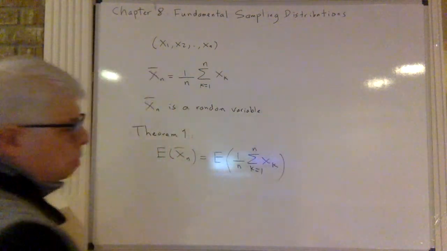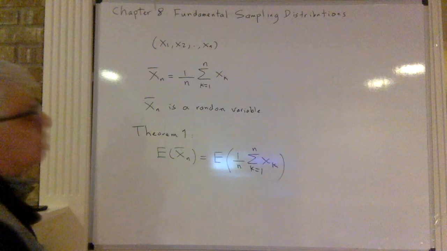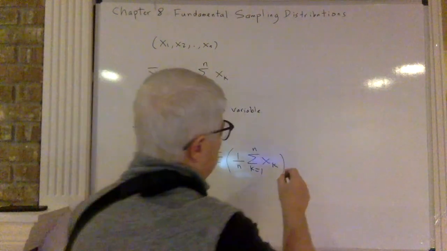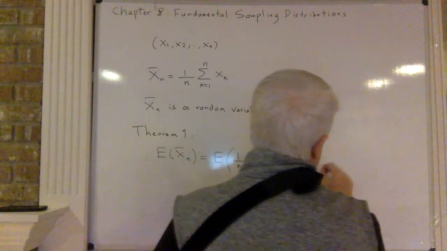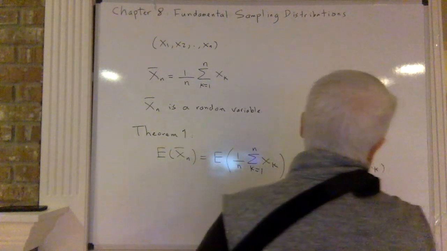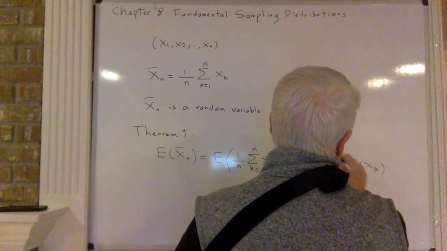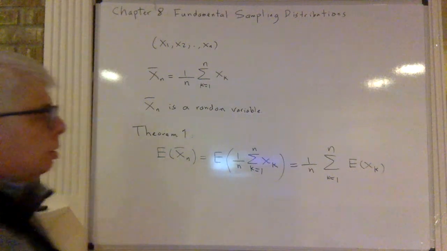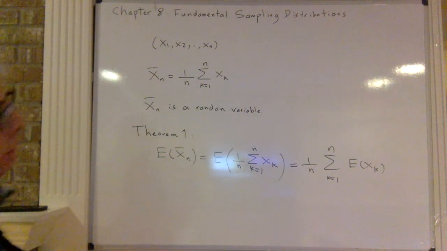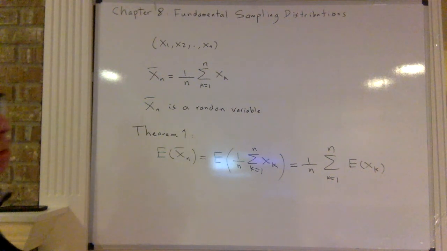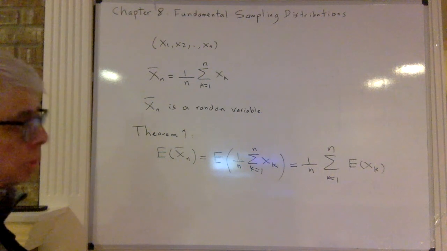We know E acts like a linear function, so then 1 over n comes out, and then you get 1 over n sigma E of xk, k from 1 to n. Okay, so if all xk's are similar to x, and x has a certain distribution,